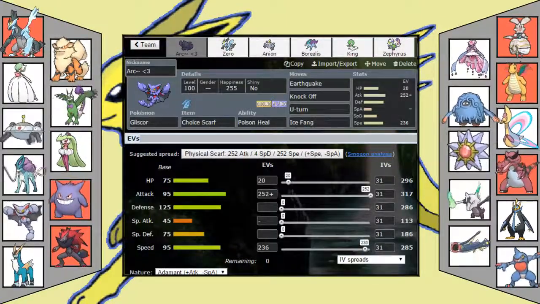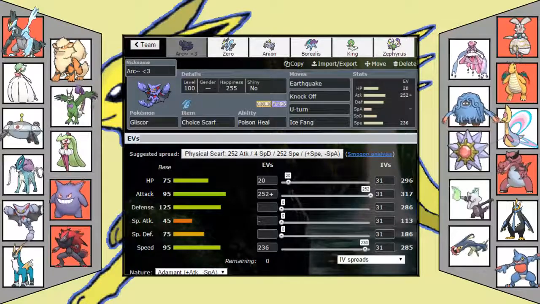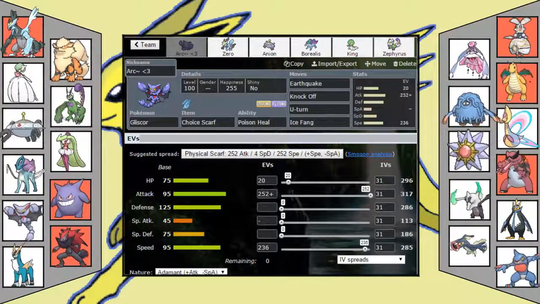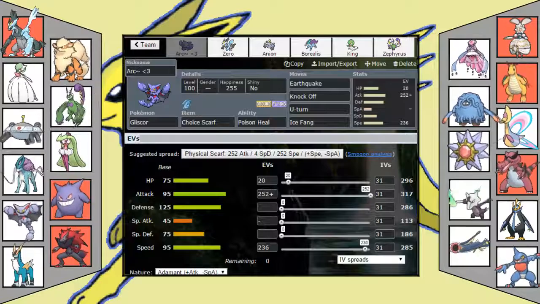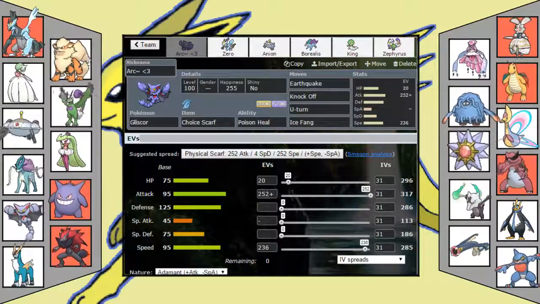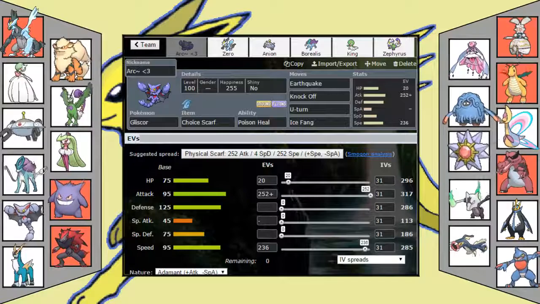We're running a Choice Scarf set this week because it outspeeds everything on his team and does a ton of damage. Earthquake for STAB and to hit Magearna, Mega Diancie, Empoleon, Toxicroak, and the Alola Marowak for super effective. Knock Off is super effective against Cress, Starmie, Alola Marowak. U-turn for initiative and to deal some damage to...